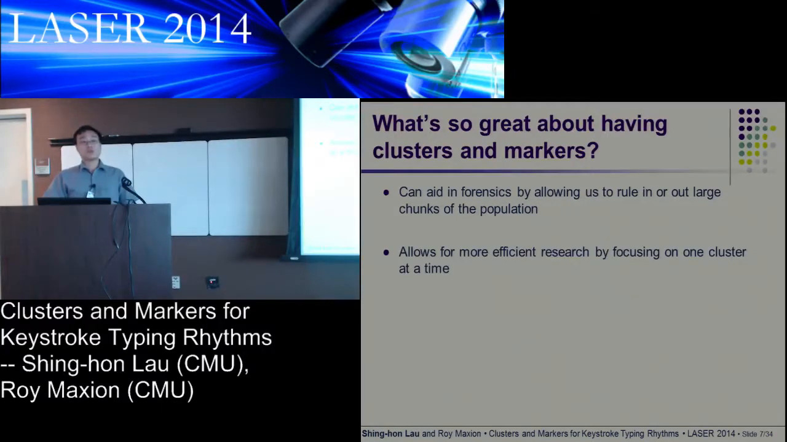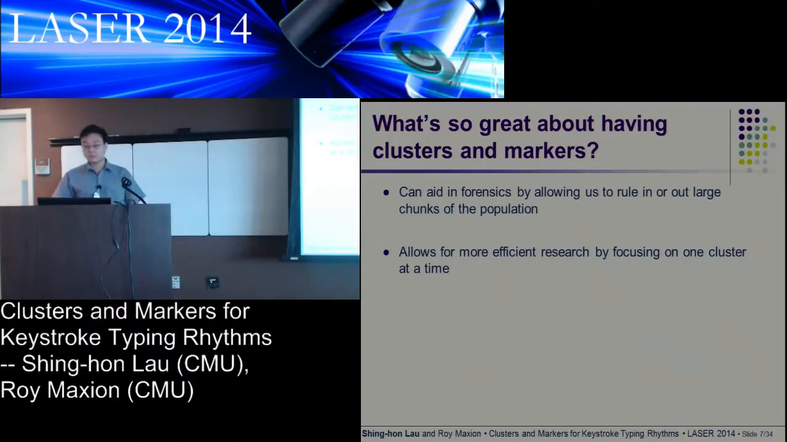Having these clusters of markers will also allow us to do more efficient research. We can focus on a single cluster at a time. Right now, we're in a position where we try to apply our techniques across the entire population, as though the entire population was the same. And that's not the case. So if you can focus on a particular cluster at a time, you can look for specific techniques that work well for just that cluster, and then find some other technique that works well for some other cluster. And then at the end of the day, you can figure out what overarching scheme might work well for the